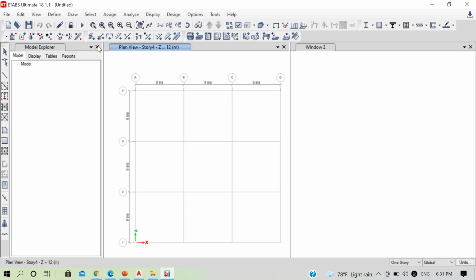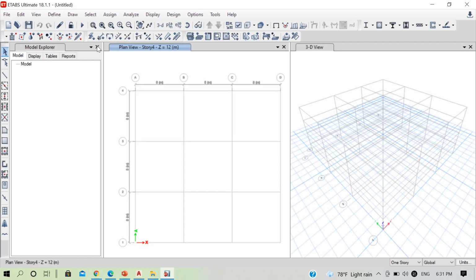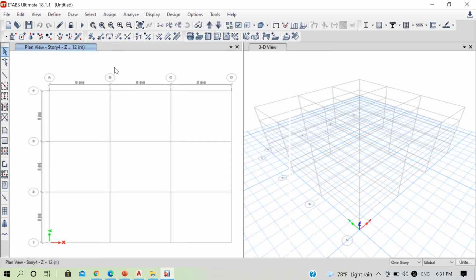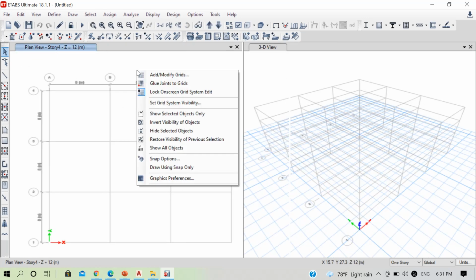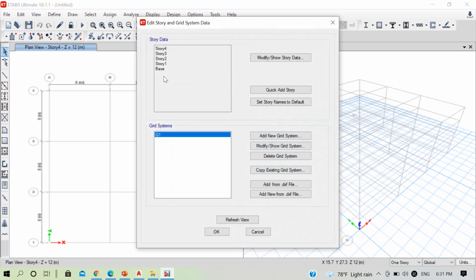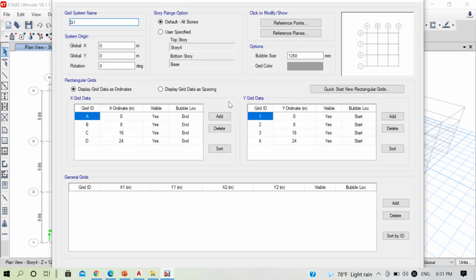So I will choose to close this model explorer for now, and then we will modify the grids now. For that, right click, go to add modify grids. First, let's modify the grids in the horizontal direction. So here, go to modify show grid system,